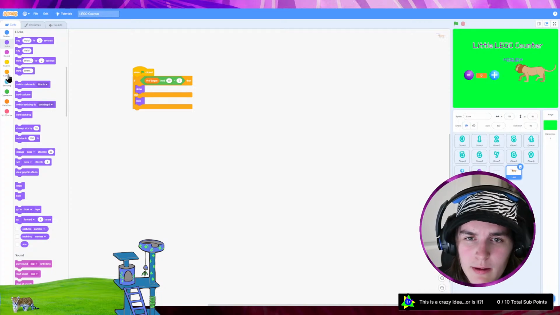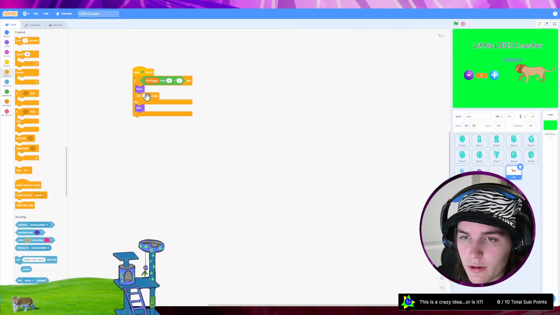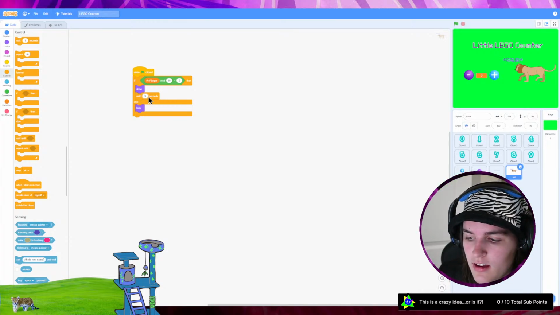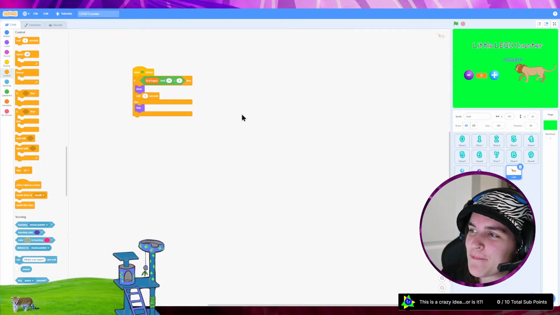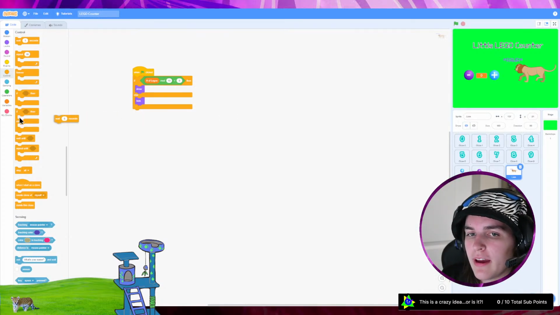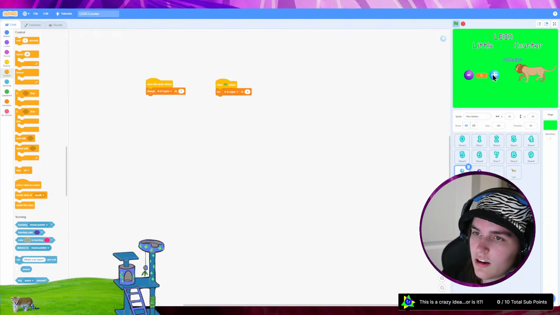I also want a time feature so there's a little bit of a delay when it shows, because otherwise it's just going to flash. Well, actually, not necessarily. Actually, wait. Let's get rid of that. If I click the green flag, all right, so I have this little animation going, right? And then if I click on this, I go all the way up to 10.